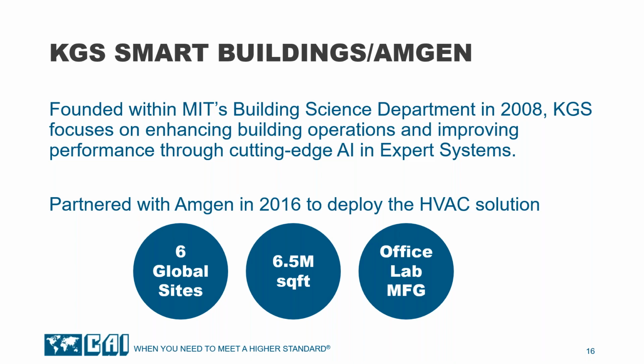In this scenario, they launched 6 global sites, 3 in the US, 3 outside of the US. The HVAC systems were serving over 6.5 million square feet. And just so you know that we didn't cheat in the case study, we were not only looking at office spaces, but we were also looking at lab and manufacturing spaces. Many of the systems that we take a look at in fault detection may work really well for administrative and lab scenarios, but once you get into manufacturing and the demands that are necessary and required in those systems, some of these can fall short.